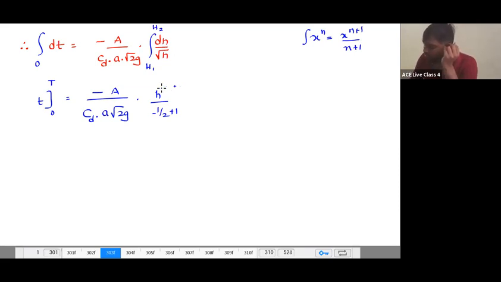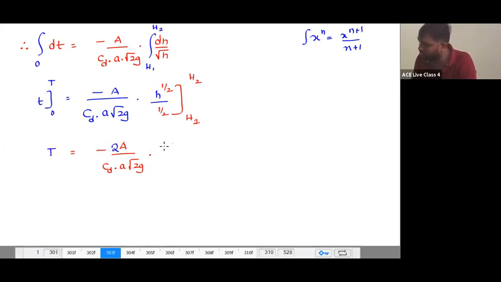So eventually this is going to be written as h to the power of minus 1 by 2 plus 1, so this is going to be h to the power of 1 by 2 by 1 by 2, ranging from H1 to H2. Is it true? Yes. So now minus A by Cd into a into root 2g into, you take this 1 by 2 here, then it is going to be 2A. So this is capital T is equal to